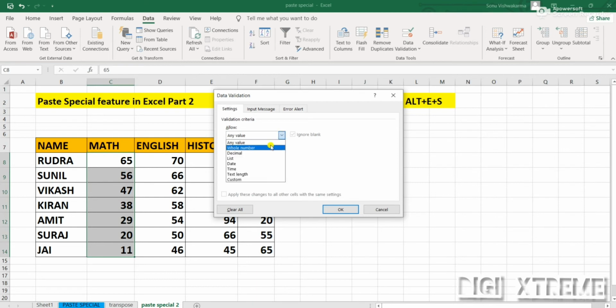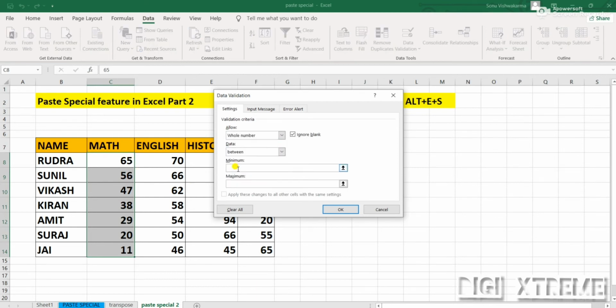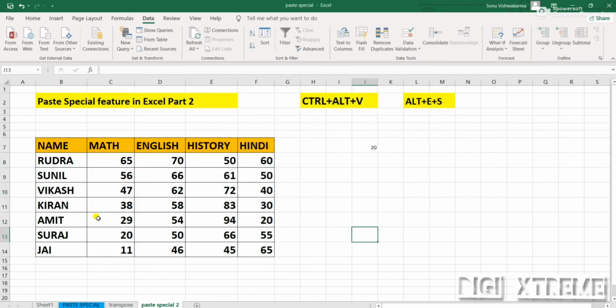Here you select whole number. Now you can give a range, whatever you want. Let me give a minimum of 50 and a maximum of 60. Okay, so we have applied the validation over these cells.